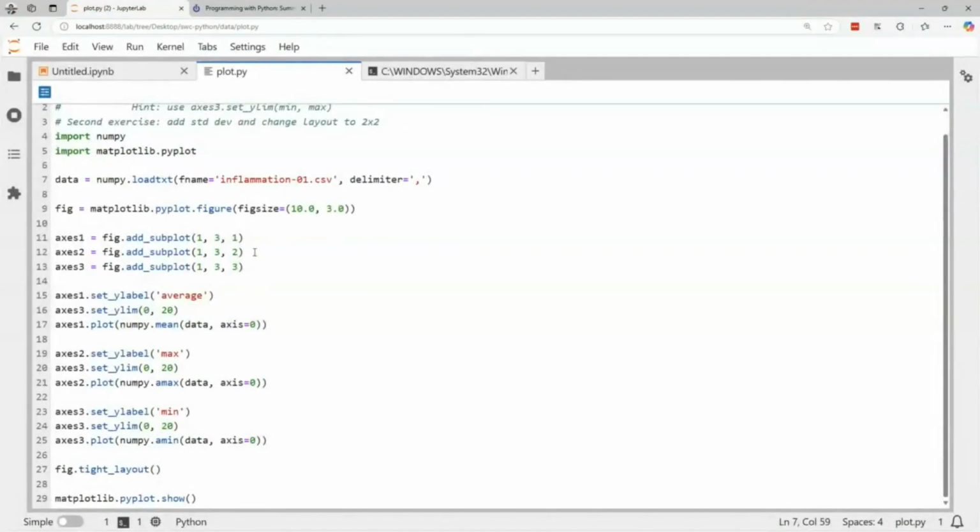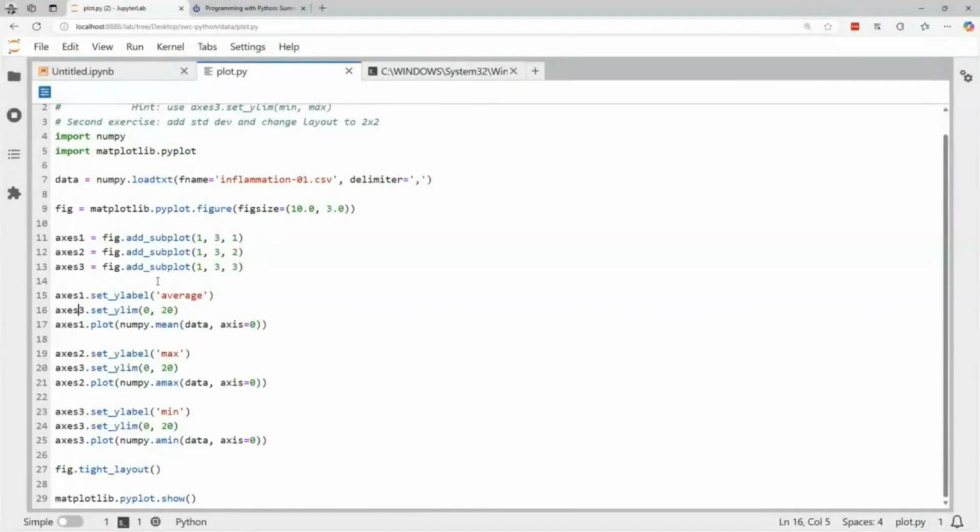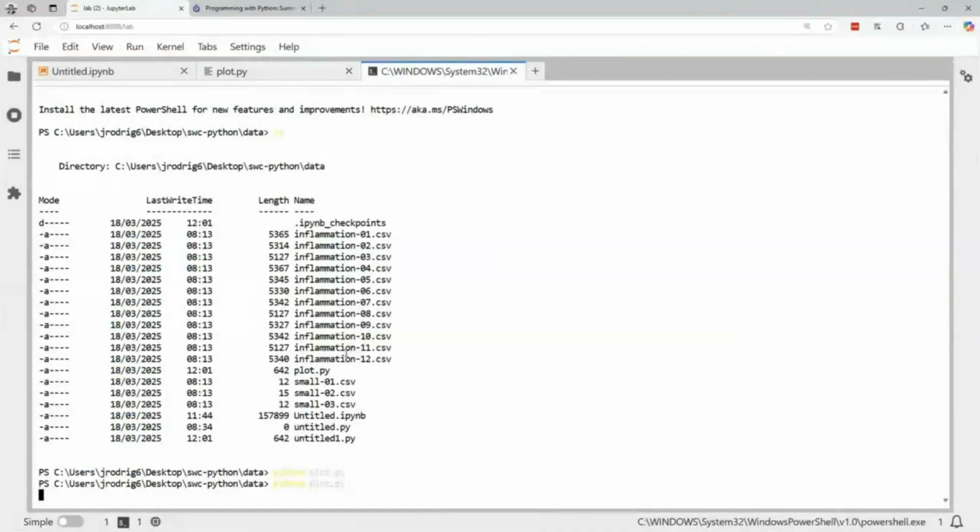So you see that I made a mistake. This is what I mentioned before, that this is one of the dangers of copy and pasting, because I'm modifying axis 3 three times, but I need to modify axis 1 here and axis 2 here. So if I save and I run,